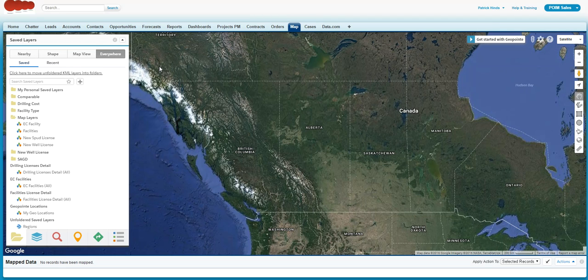The following video is an example of how we can set up territories. What I'm going to target is setting up territories using Salesforce, Geopointe maps for Salesforce, and Enerlead for Salesforce, the oil and gas regulated data. What we're looking at is the interface for Geopointe, and what I'm going to focus on is compressor stations, specifically